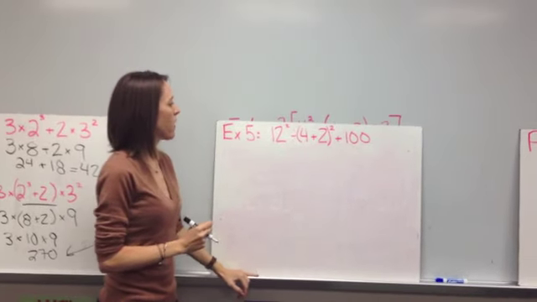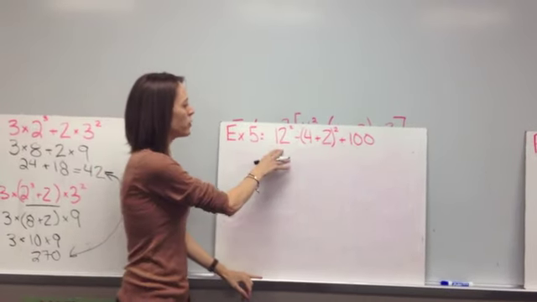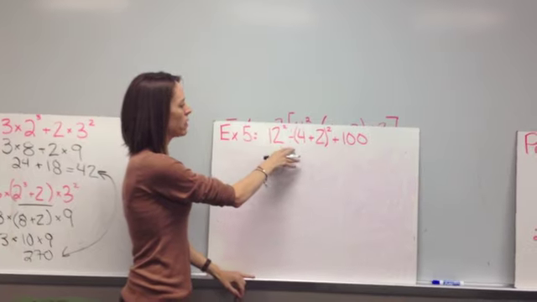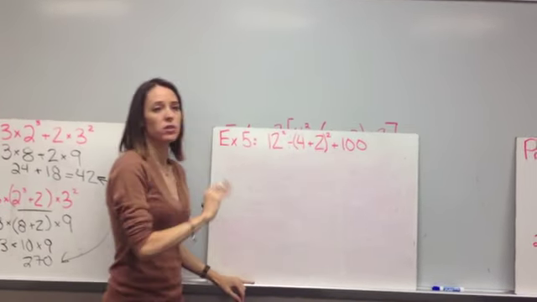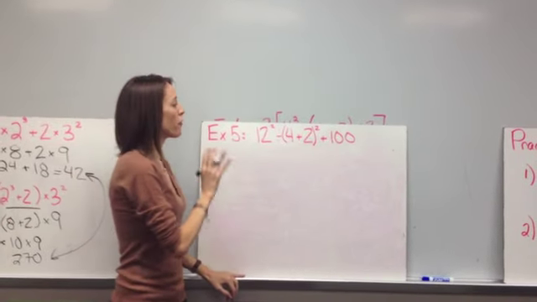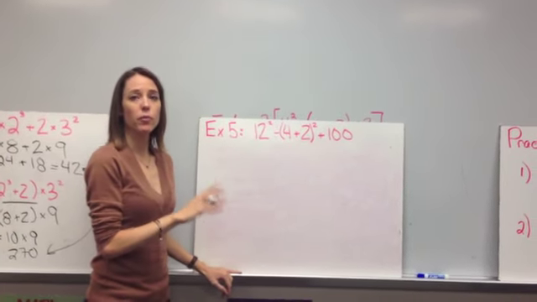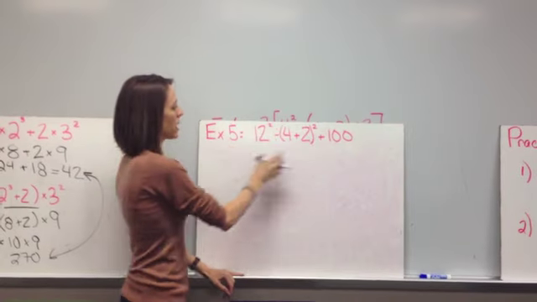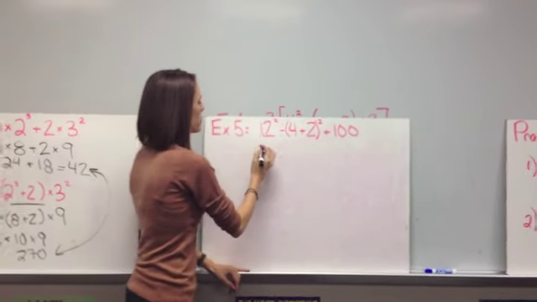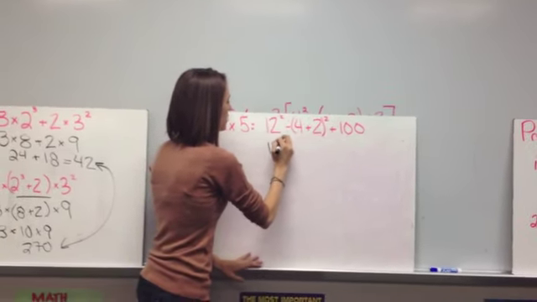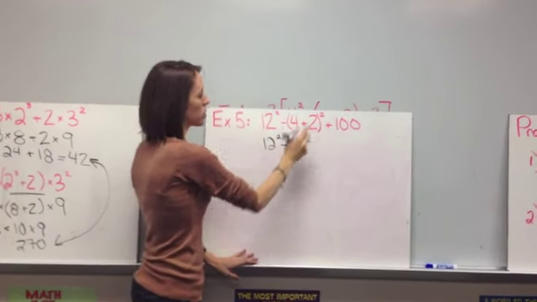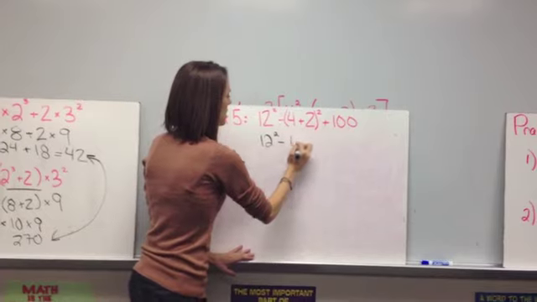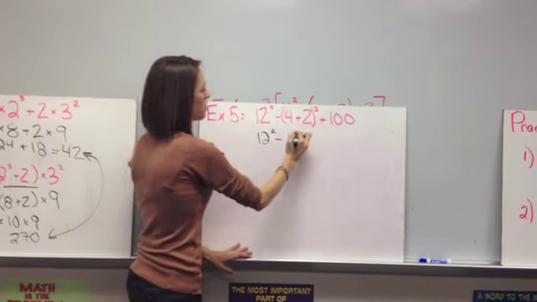So here's example 5. All right, so we have 12 squared divided by the quantity 4 plus 2 squared plus 100. So this has got a lot of stuff in it. So first thing you want to do is always look for parentheses or grouping symbols. So that's going to be right here. So we've got 12 squared divided by 4 plus 2, which is 6, and that quantity is going to be squared,